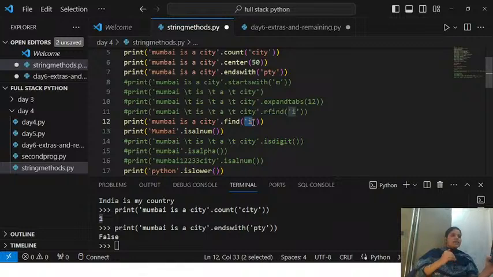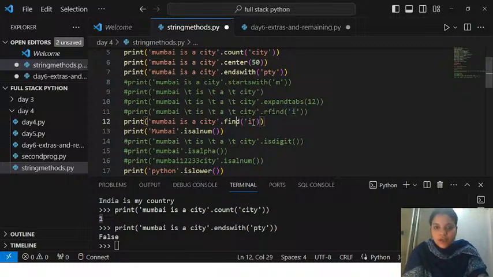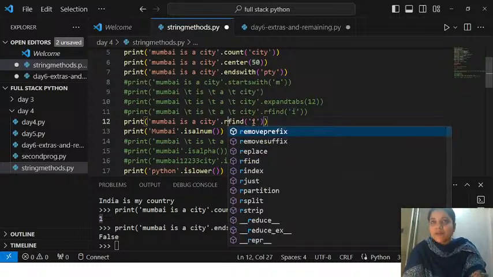When you are attending the next lecture, we assume that you might have given hands-on practice to the code of the last class. That makes a very big difference. You will walk with us in synchronization, so you won't lose anything. And if I write R find, it will find the first index of I, but in the reverse way. It starts searching I from the end of the string, not from the beginning of the string.